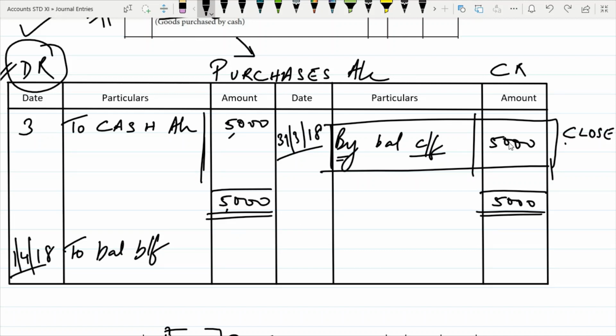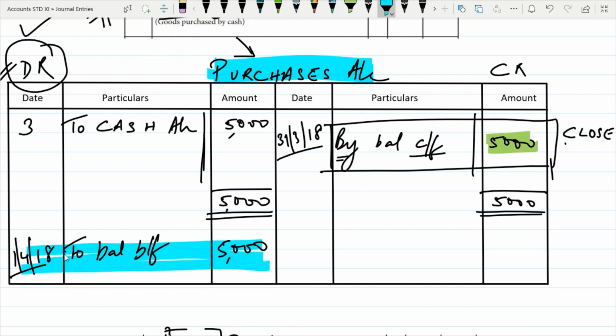Now how much is brought forward? This entire balance, this same balance will be brought forward. So 5,000 will come this side. With respect to trial balance, now we need to know whether this purchases ledger has a debit balance or credit balance. In order to determine that, we always have to look at the opening balance. The opening balance will tell us whether the purchase ledger has a debit balance or credit balance. So now how to determine that, I'll tell you.